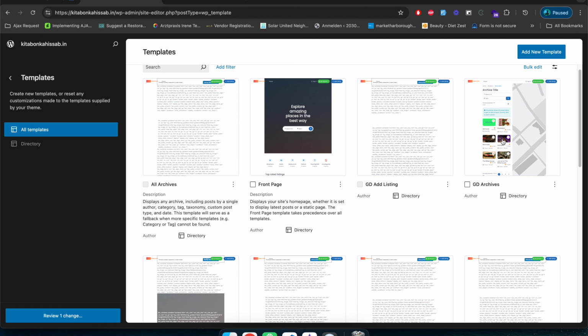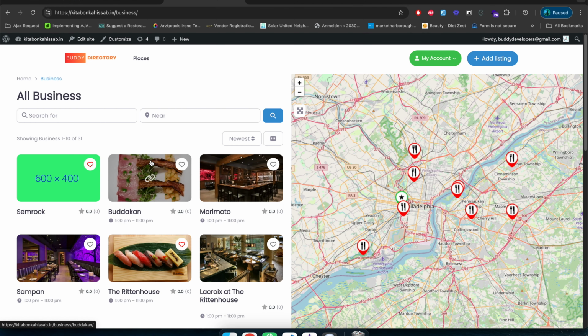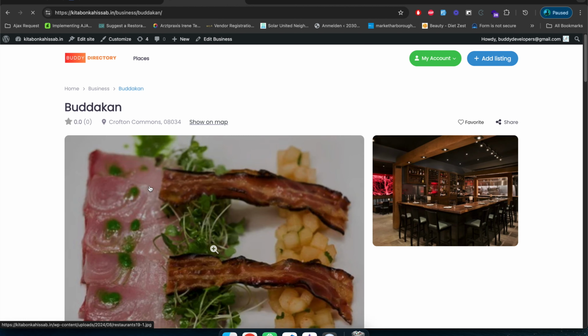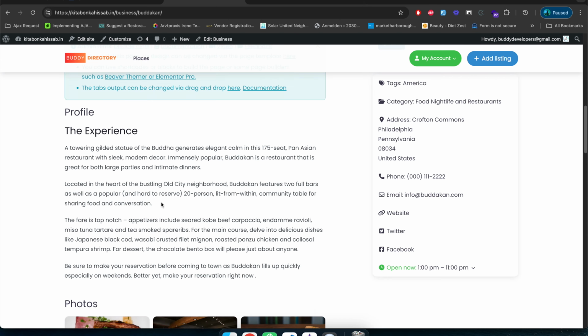So you can directly click on it and it will move you back to the GD archive customization page. Okay, now let's talk about the inner pages. For example, if I click on this listing, if you want to customize the layout of this detail page,